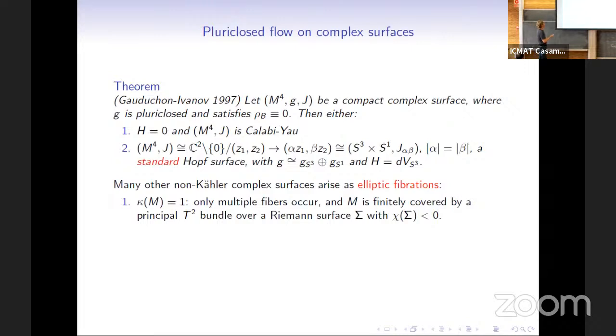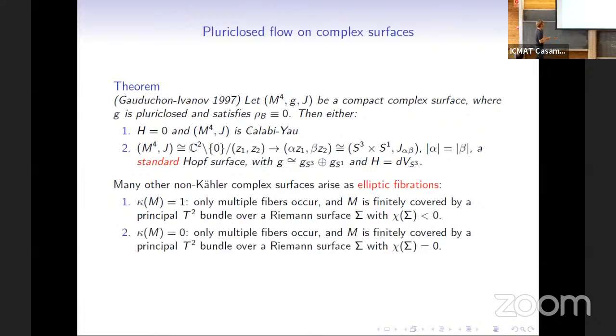And yeah, just some remarks to set the stage. A lot of other non-Kähler complex surfaces arise as elliptic fibrations. When the Kodaira dimension is 1, they're all elliptic fibrations and only multiple fibers occur. You can cover the manifold: there's a finite cover which is a genuine principal T2 bundle over a Riemann surface, in this case of negative Euler characteristic. And when the Kodaira dimension is 0, it's exactly the same story, but the base space now has